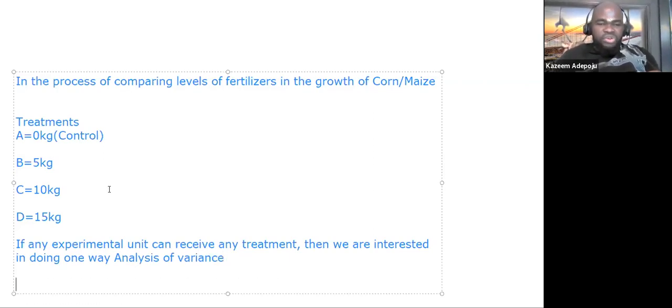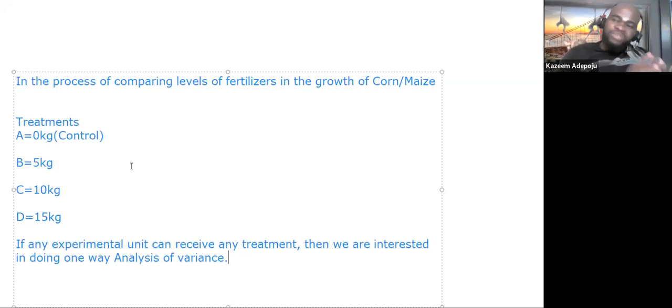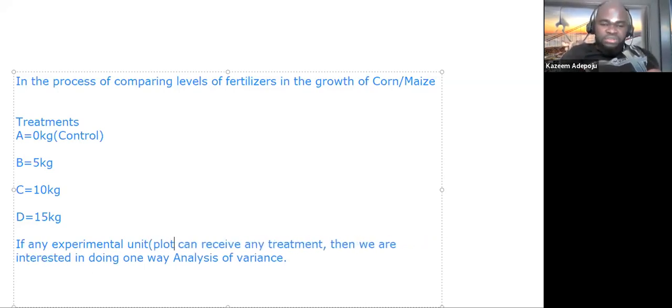So we're doing one-way analysis of variance if, of course, I want to apply these levels of fertilizer on my farmland, and if any of the experimental units, that is the plots, can receive any of these. When I say experimental unit, I'm referring to the plots. Of course, I'm then using one-way analysis of variance. But in a situation,